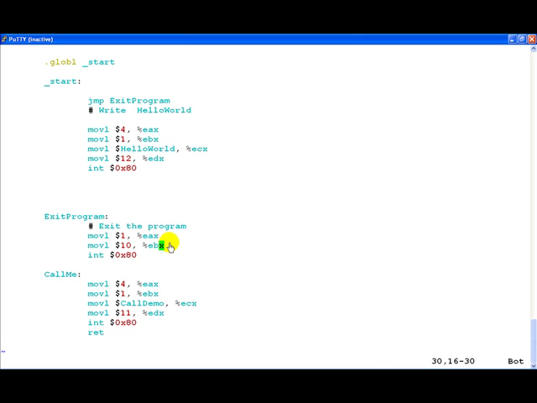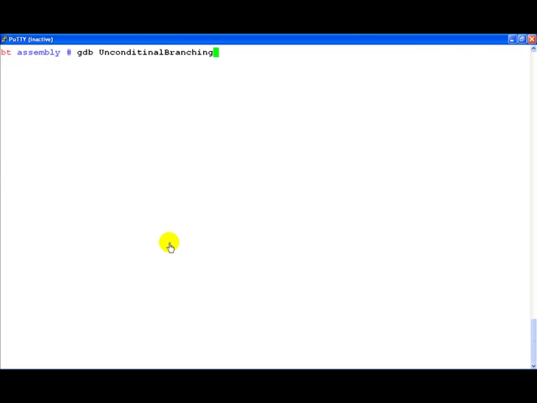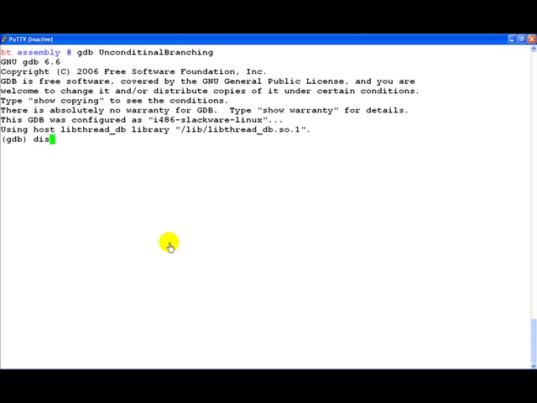Okay, so let's now disassemble the program and really see what is happening. Let's go into GDB, load the program up and disassemble the program.